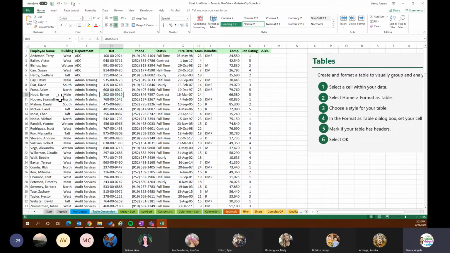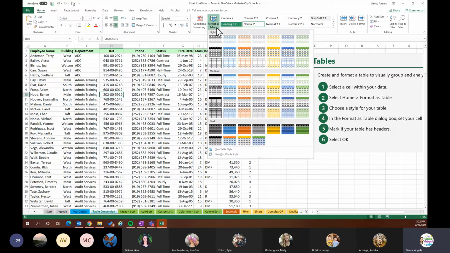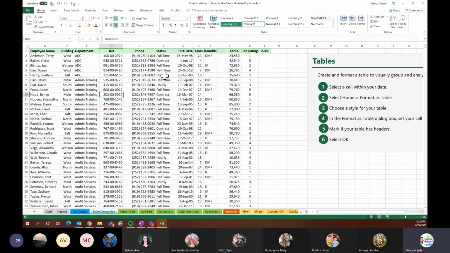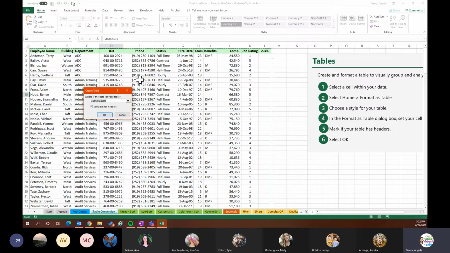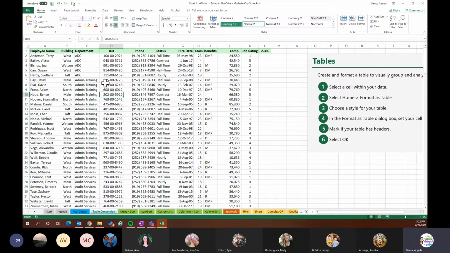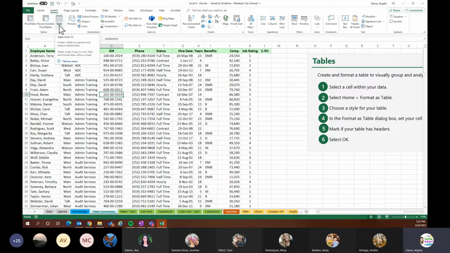So there are different ways for us to convert this data range into a table. Here I have in my Home ribbon tab an option that says Format as Table. So this is one easy and quick way for us to convert something to a table. Also, as we all know, there are tons of shortcuts. So if I hit Control T on my keyboard, it is going to give me that prompt for me to create a table. So those are two ways that we have. But one that is a little bit more obvious is if I go into the Insert ribbon tab, I can go ahead and select